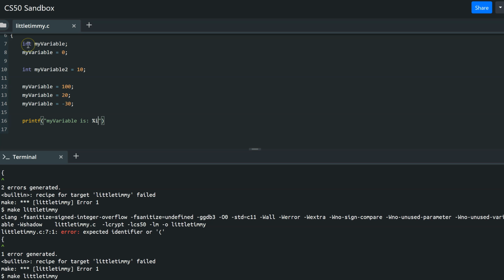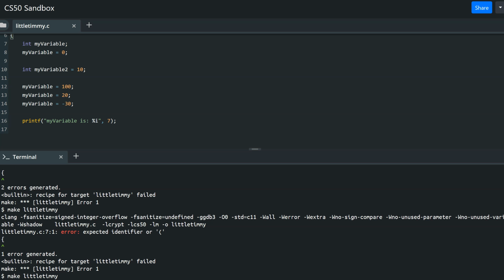That's %, and then the next thing you type depends on what kind of variable it is. If it's an integer, you type an I. You see how it changes color? It recognizes that %i is not the same thing as this message over here. It recognizes that %i is a placeholder. And then you have to tell the print statement what integer you want it to put in place of that placeholder. So I could type a 7 right here, and then put a semicolon at the end,